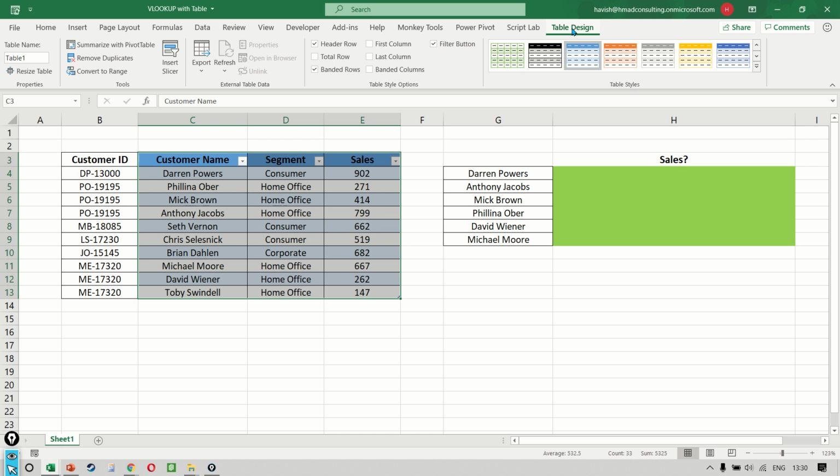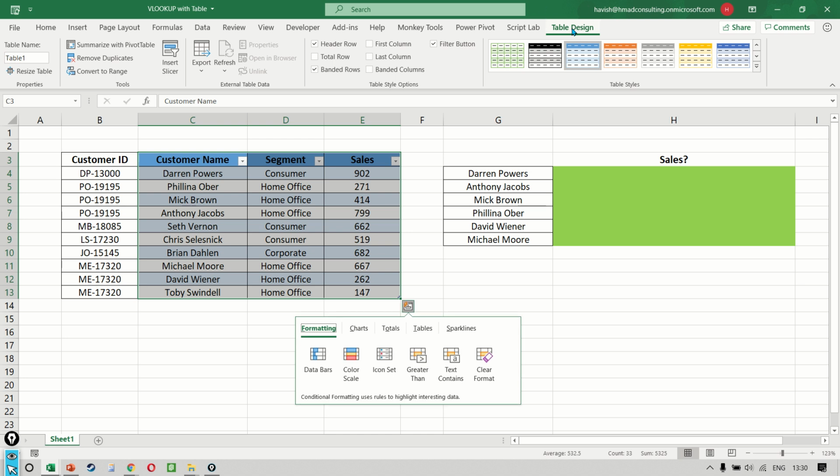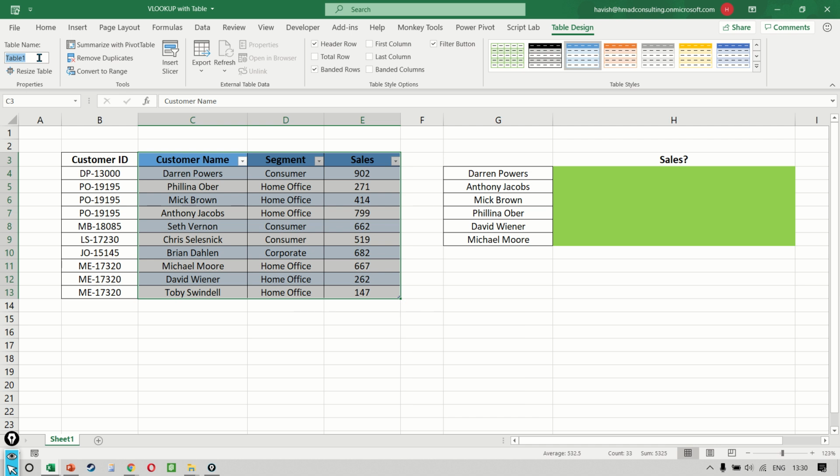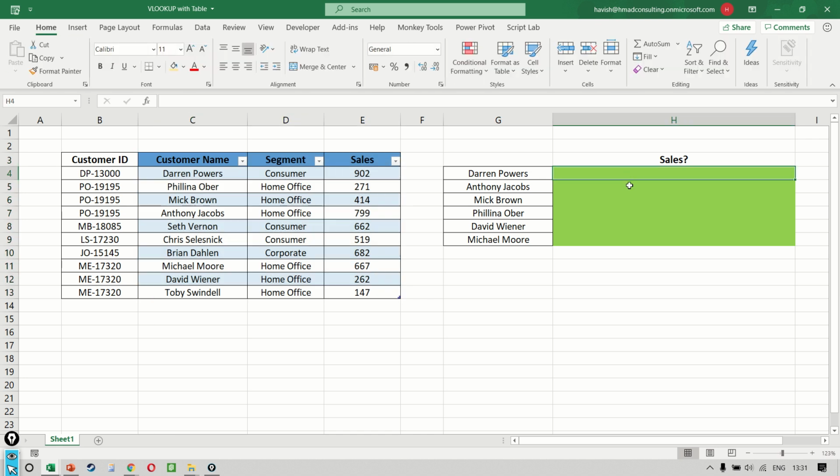At the top, a new tab opens up called the table design. And on the left side, you can see that there is a table name option. So I can just call this my underscore table. Again, let's see what we do. If I write equal to